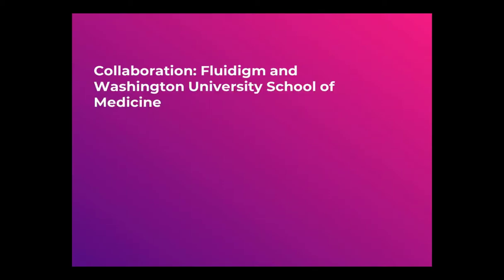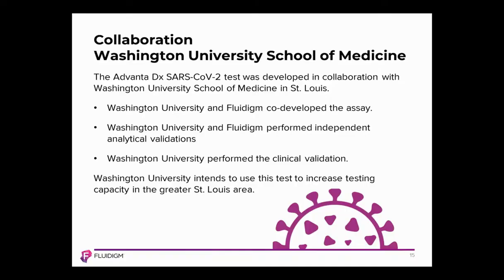I wanted to highlight that our work with SARS-CoV-2 was in very close collaboration with Washington University School of Medicine. We both co-developed the assay. We both performed independent analytical validations, and WashU performed the clinical validation. I believe Washington University intends to implement this test to increase testing capacity in not only the